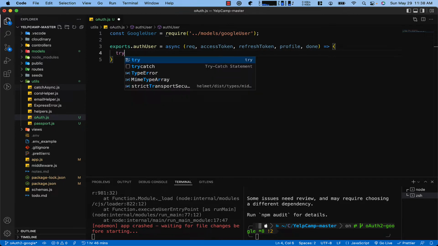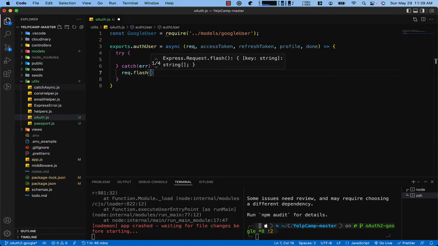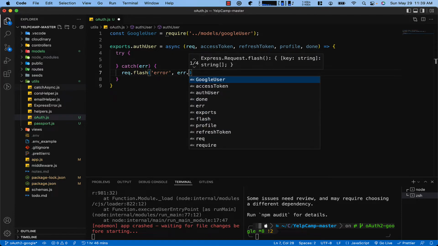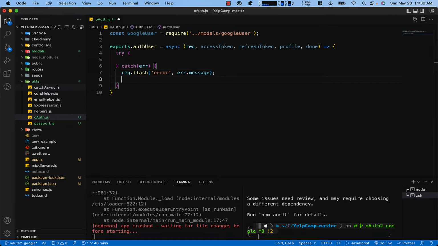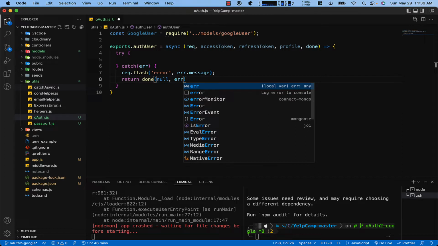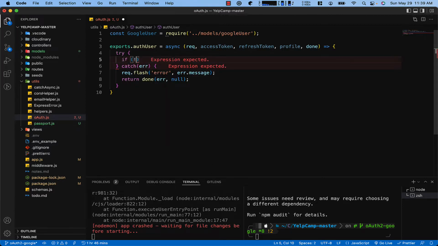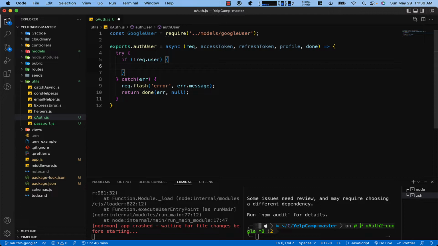So the first thing we're going to do is write this in a try catch. Actually, it's error first, and then null. All right, so within here, the first thing we're going to do is make sure that the user is not logged in at all, so from the local account or from the Google account. So if req.user does not exist,